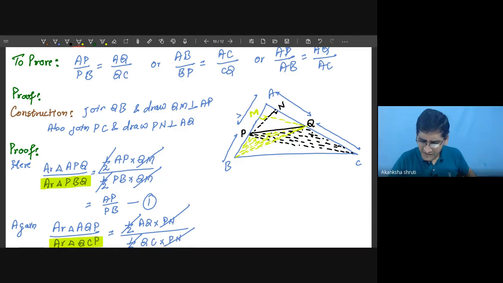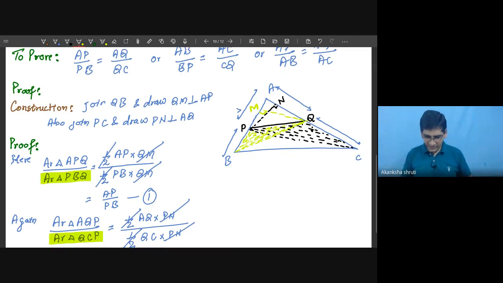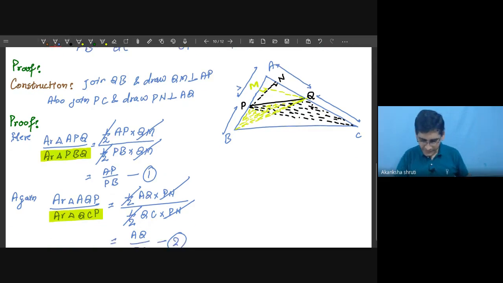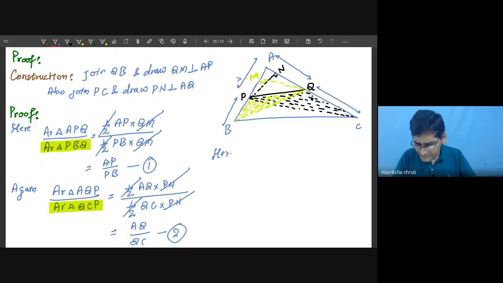So in this case, write here: triangle PBQ, or you may write PQB, and the other triangle is QCP, or you may write this as QPC, mean the same thing, are formed